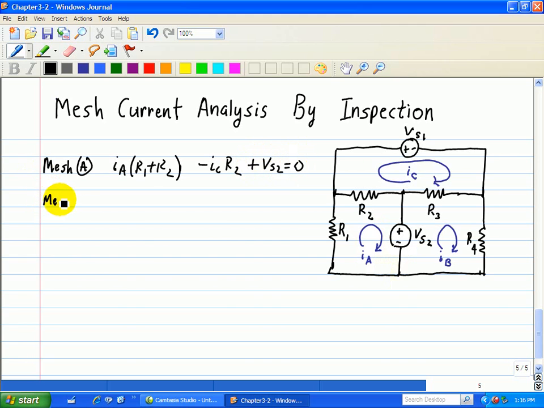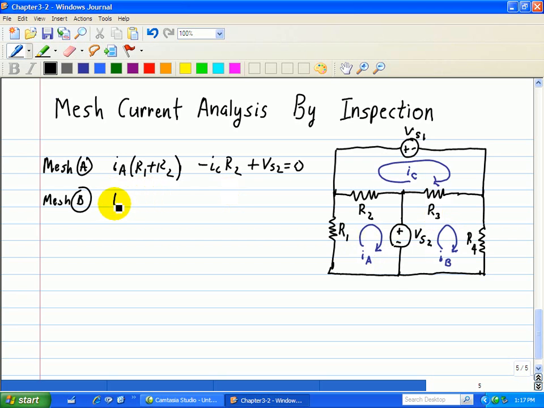For mesh B, I'm going to do the same thing. We're going to start at this point, so we're going to go through a minus VS2, R3, and R4, and we see that R4 and R3 are consistent with the direction of IB here. So what we have is R3. What's in common with R3? It's IC and IB. Well, first we'll write down the currents for IB. IA does not go through here, so what we have is